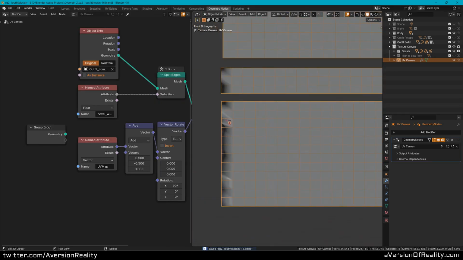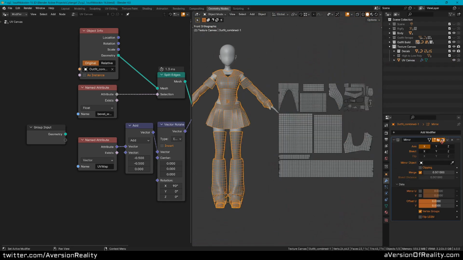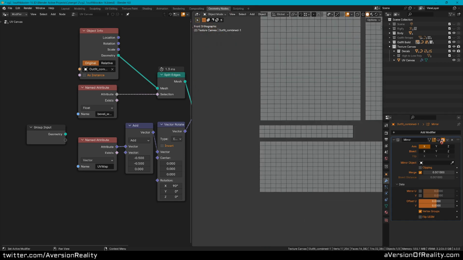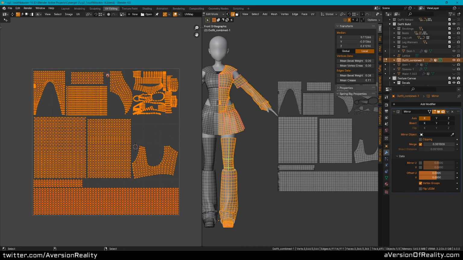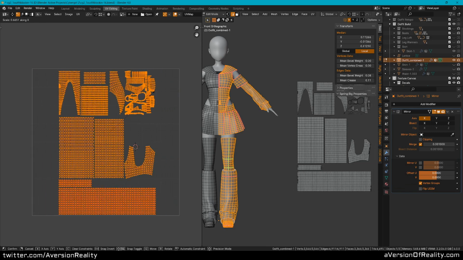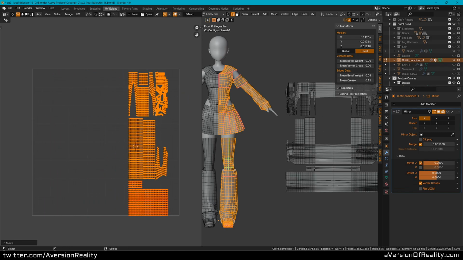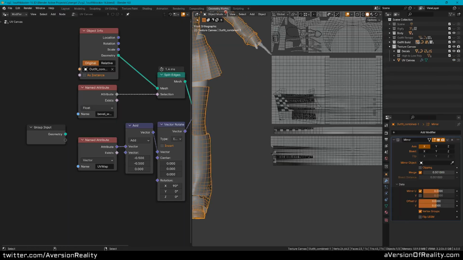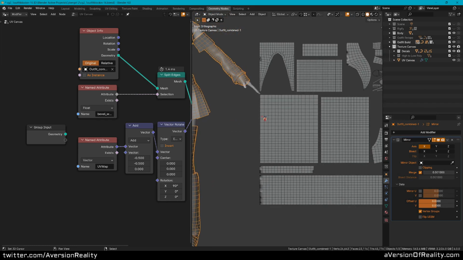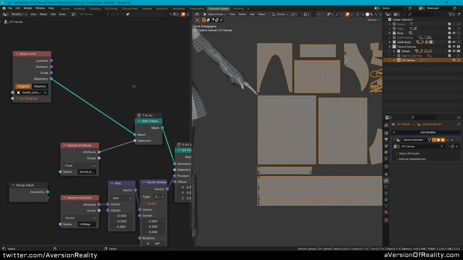Okay, next problem. Some of these edges look weird, and that is actually because the mesh has been doubled up because I'm using the mirror modifier. If I turn it off, the problem goes away. If my UV map was mirrored, if it only took half the space and I was using mirror U, I wouldn't have this problem. If I compress this in here, now it's fine. I need to split it across the center. But since I am using a mirrored UV map, I need to resolve this issue. I could just turn the mirror modifier off, but I don't want to. I want this to handle things for me automatically, because the point of this is convenience.